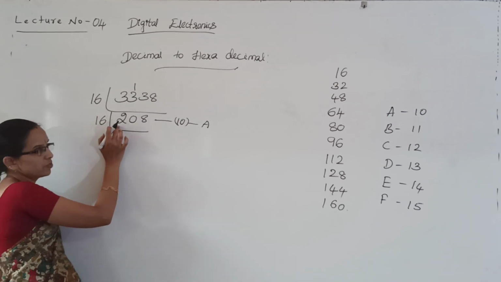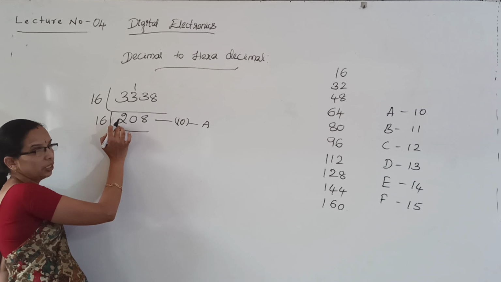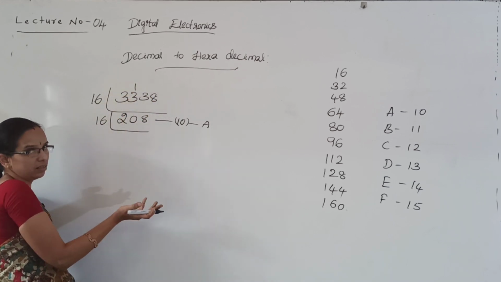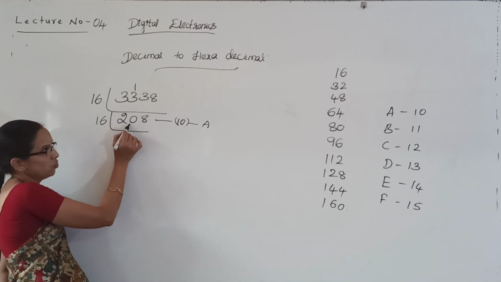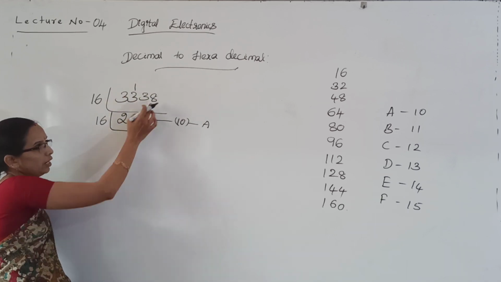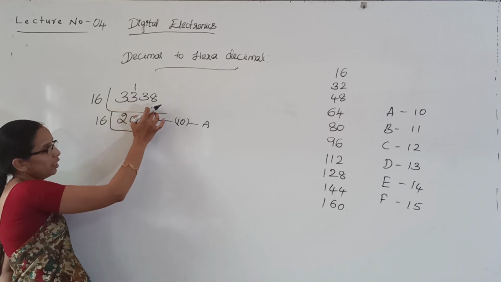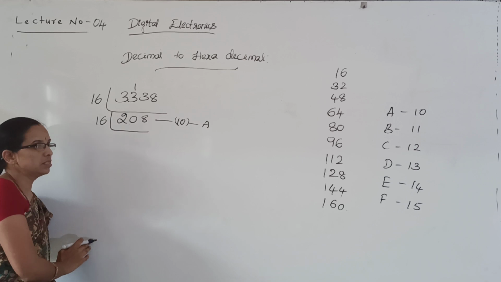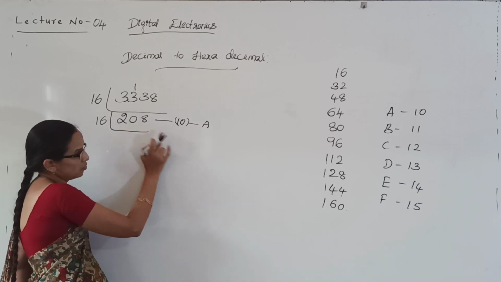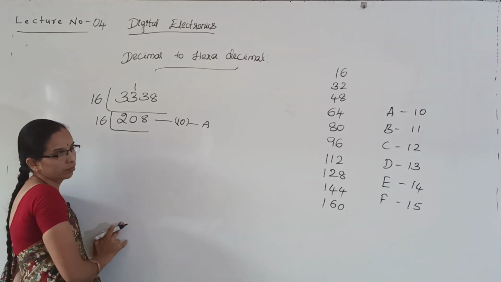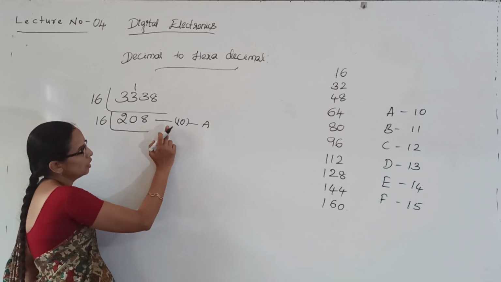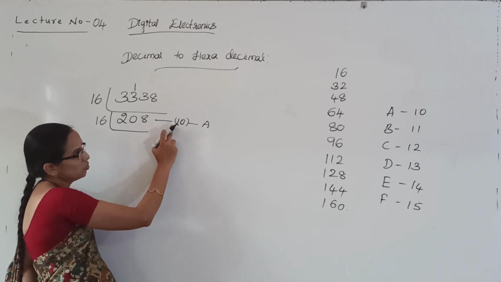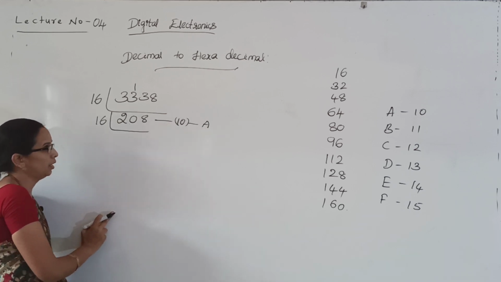I will tell you this once again. 16 2s are 32. 1 is remaining. 13 you cannot divide by 16. So put 0. 138. That time you can take one more digit. So 138 divided by 16 in the sense 138 cannot be completely divisible. So 16 8s are 128. 9s are it cannot be. So what is remaining? 10 will be remainder. So 10 is represented as A.